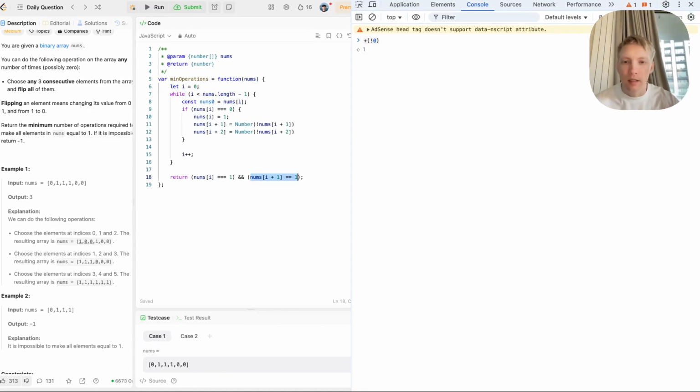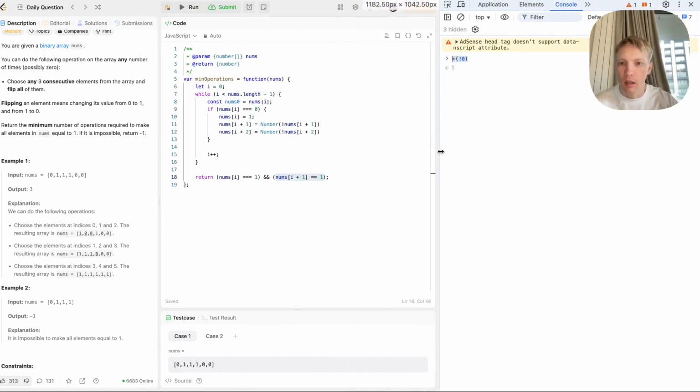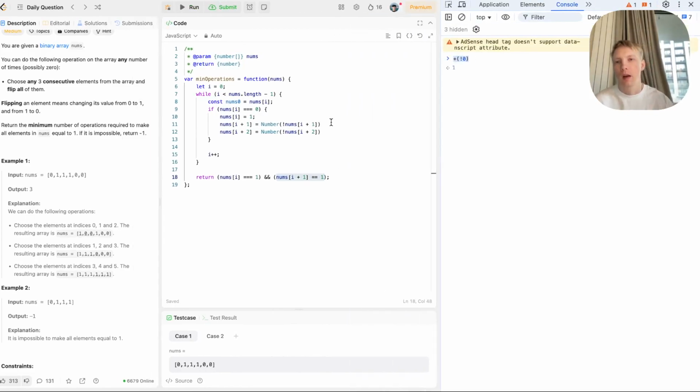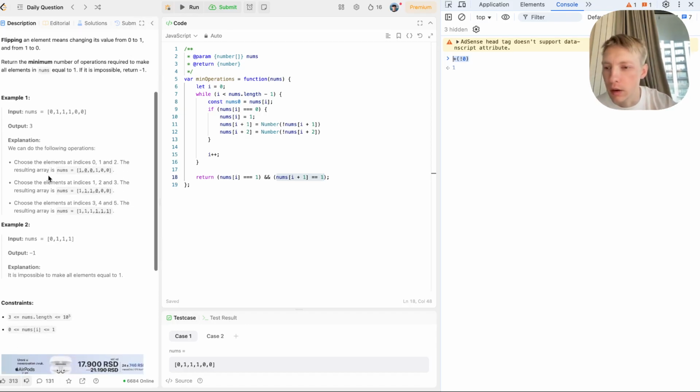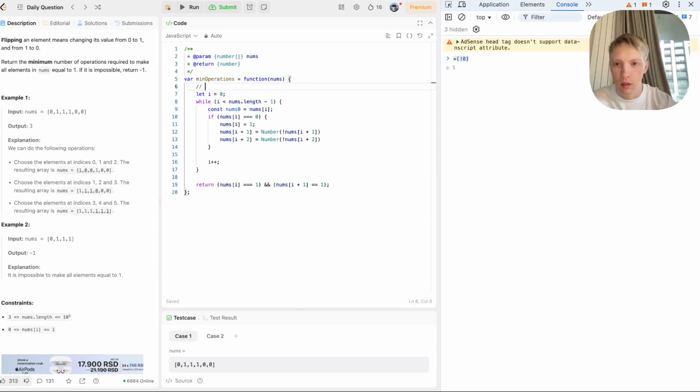Okay, let's check if everything is right in my algorithm. Let's say that we have an array of 3 elements, for example 0, 1, 0, 0,